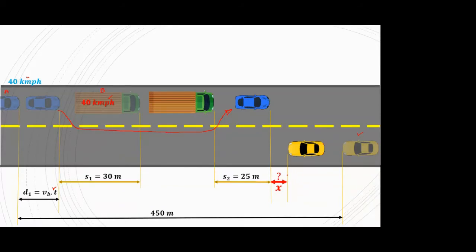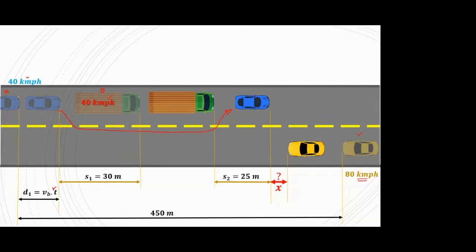which I have highlighted in red. And the next line is just the information that all the distances are measured from front bumper to front bumper. And the design speed of highway is 80 kmph that they have given. So I have written here 80 kmph. In this case, that 80 kmph is for the speed of this oncoming vehicle, because we have seen that our vehicle A is not traveling with design speed, but at the same speed as your overtaken vehicle, that is 40 kmph. So this is the complete question I have just depicted in the form of a pictorial representation.